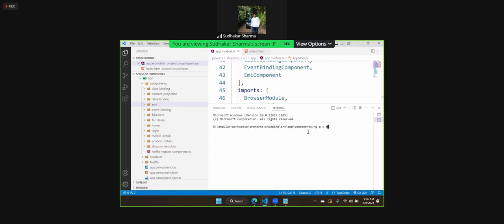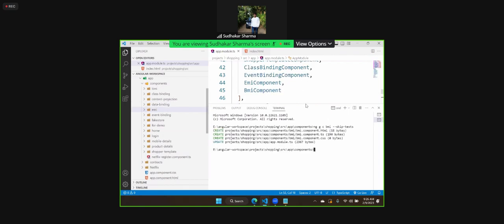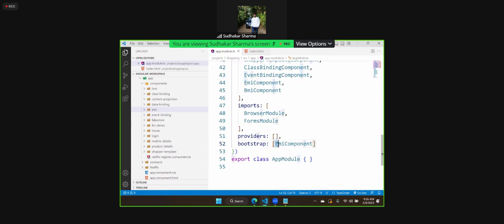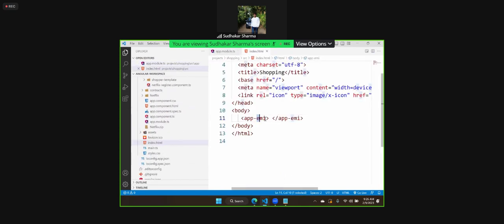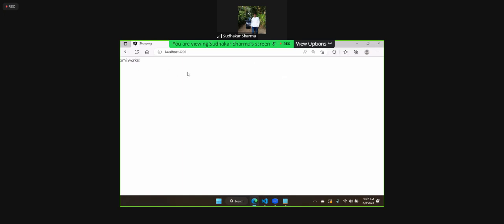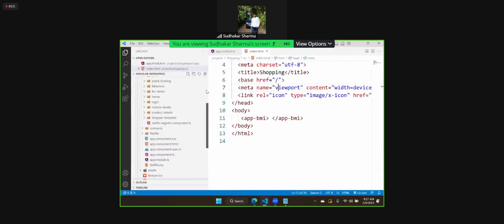So ng generate component BMI, skip tests. So we are creating a BMI component. Let's keep this in the startup, app-bmi. And in index also, we will make some changes. So app-bmi, and here, these are the changes. And you can see this BMI is currently working fine. Let's go to the BMI